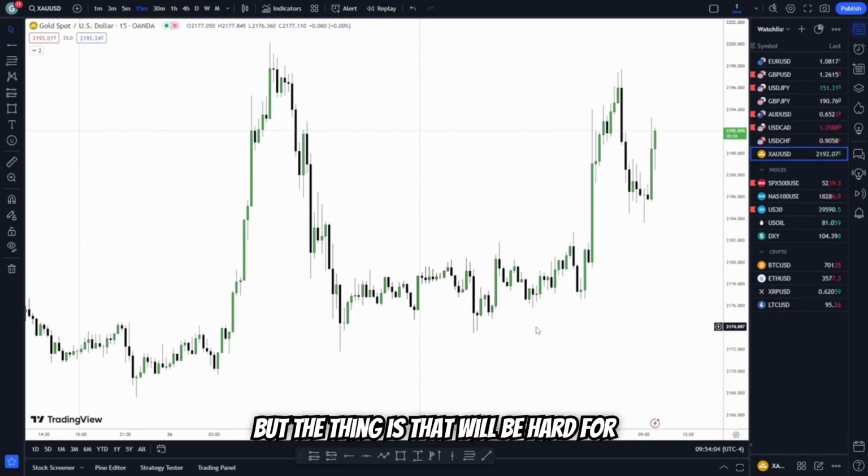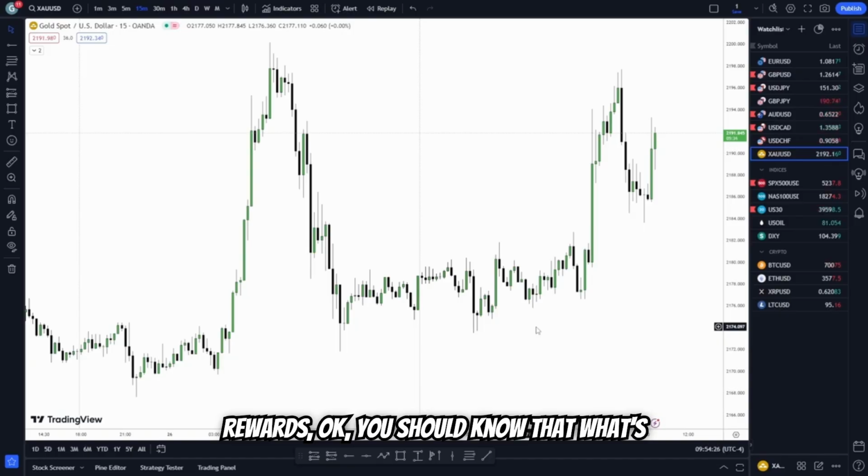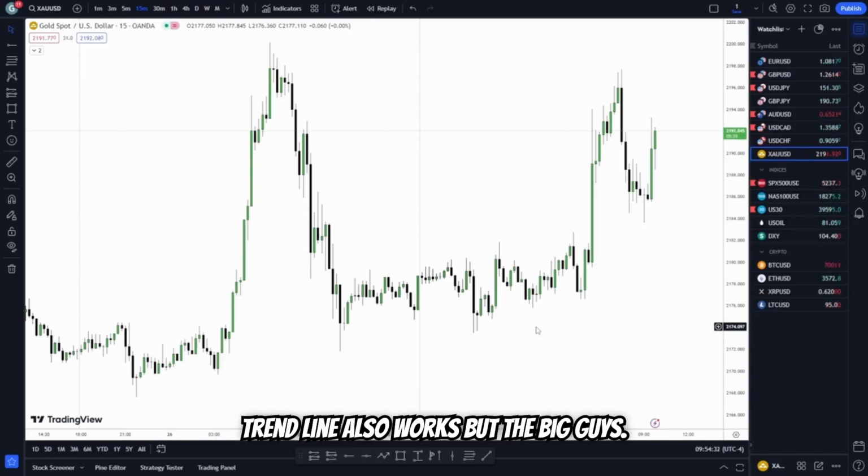But it will be hard for you to follow, because it will give you more losses and fewer wins, though the wins will be big because your risk reward when you win will be high. Any strategy works. But if you want to make big RRs, big risk rewards, you should know where the liquidity is, and then only will you get the big trades. Otherwise, any strategy, the trend line also works, but the big guys want to take the money of the newbies